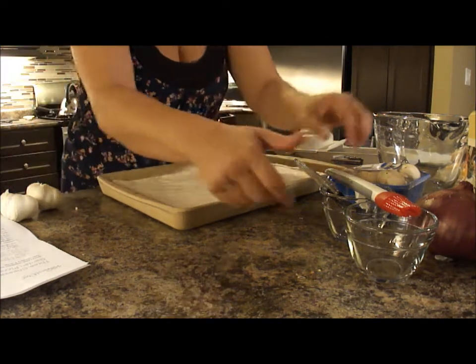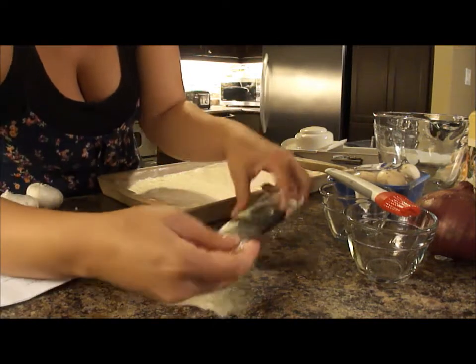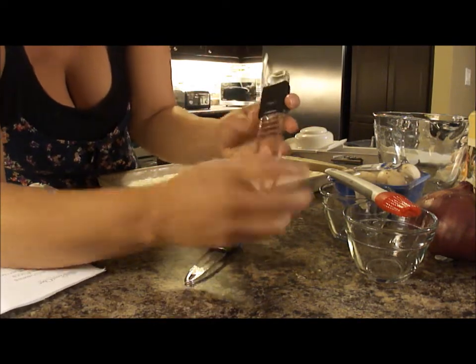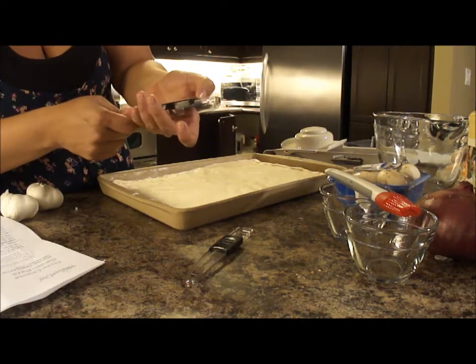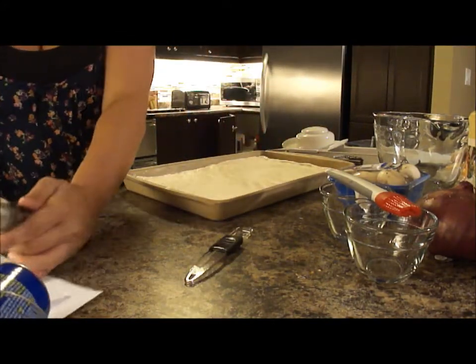Now I gotta grab the measuring spoon. These measuring spoons are really cool. They're also from Pampered Chef, and you have 2 different sizes you can get. There's a dial, you just move up and down to the desired measurement you would like. So now for this one, we have to do 1 tablespoon. So I'm at the tablespoon part, and we're gonna grab our